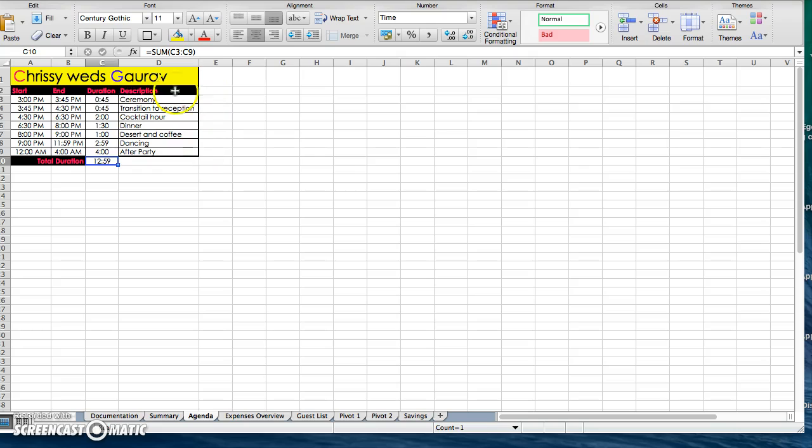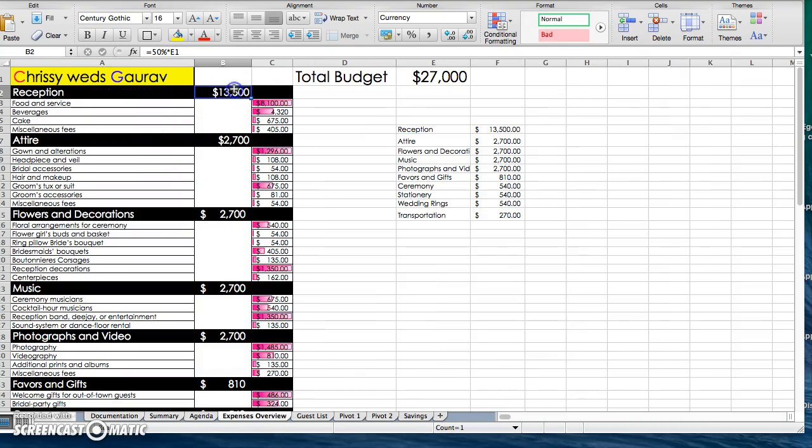So I created an agenda that subtracts the end time from the start time to come up with a duration, added those all together to create a sum that shows the total event duration is 12.59 hours, or 12 hours and 59 minutes. The expenses overview is actually a representation of